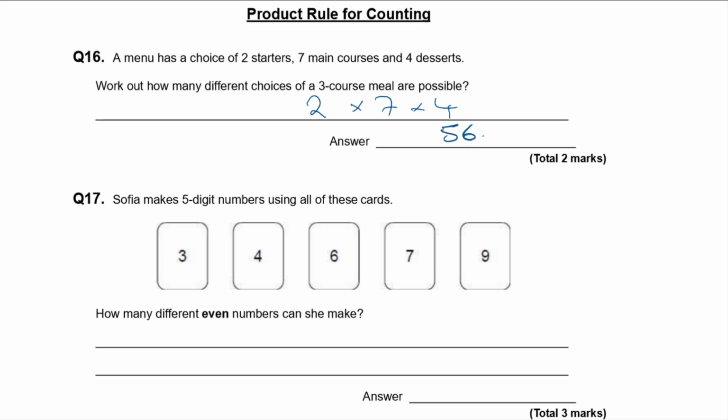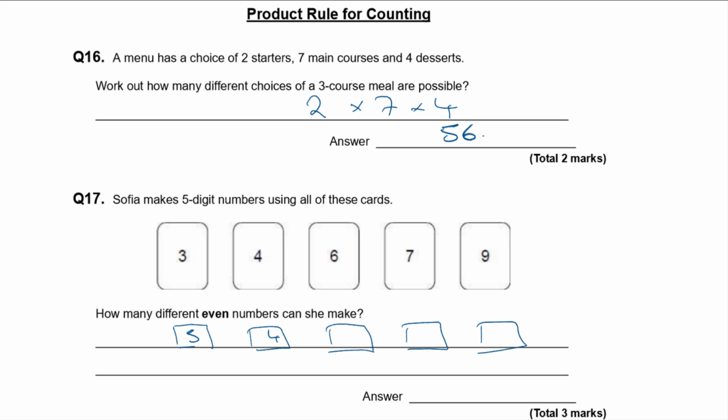Okay. These are much more fun when you've got some sort of restrictions on choice. So this second one, Sophia makes a 5-digit number using all of these cards. How many different even numbers can she make? Okay. So you've got 5 slots to fill. Now, if there were no restrictions, you'd have 5 choices for the first, 4 for the second, because you'd already picked one for the first one, then 3, then 2, and the last one kind of picks itself because there's only one left over. So if there was no restrictions, there would be 5 times 4 times 3 times 2 times 1 choices here,